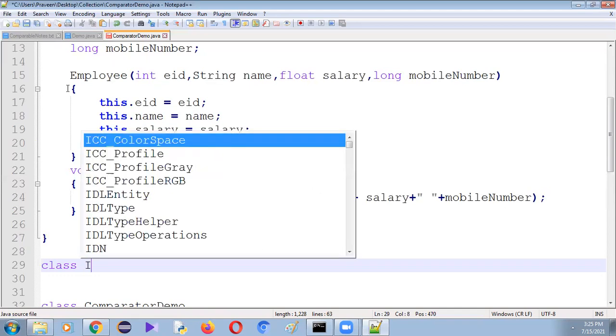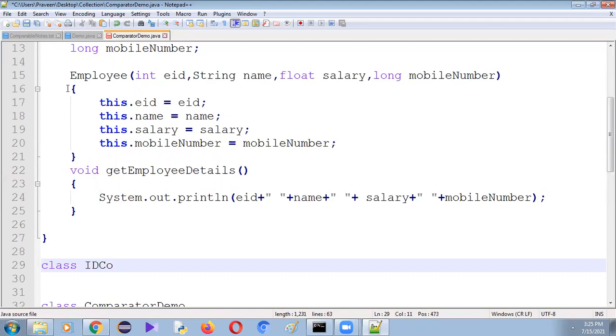So let me write IDComparator. This class should implement Comparator.